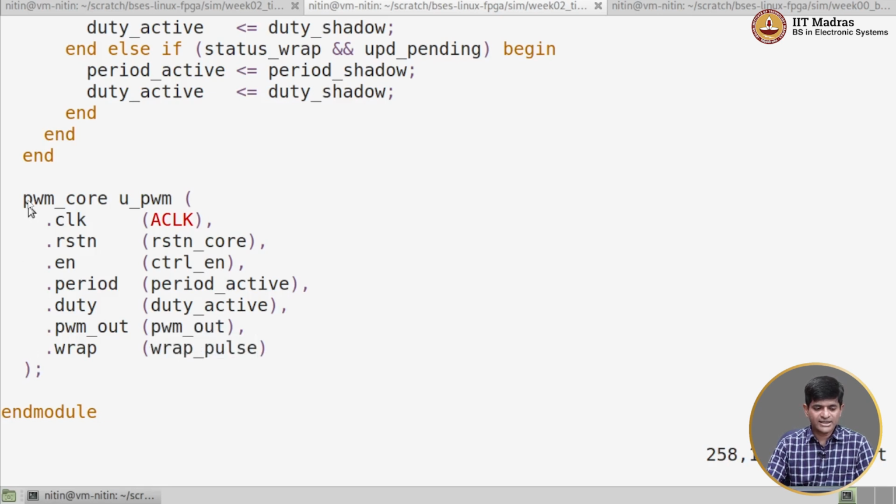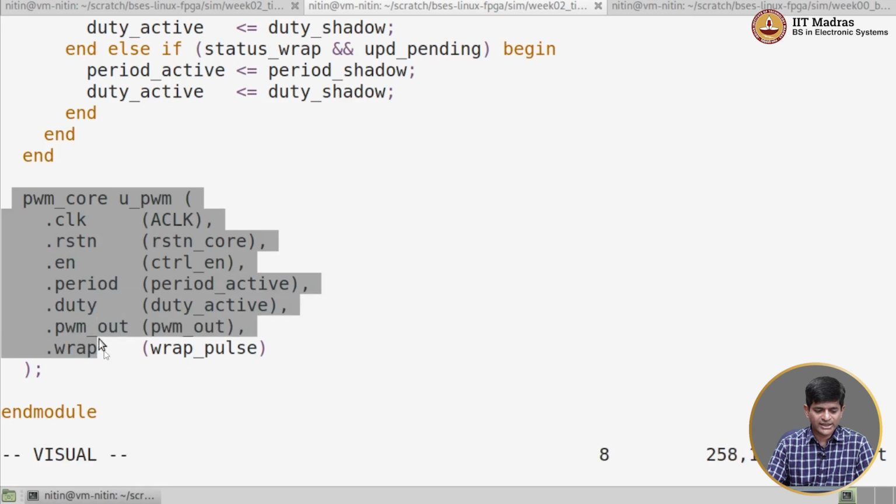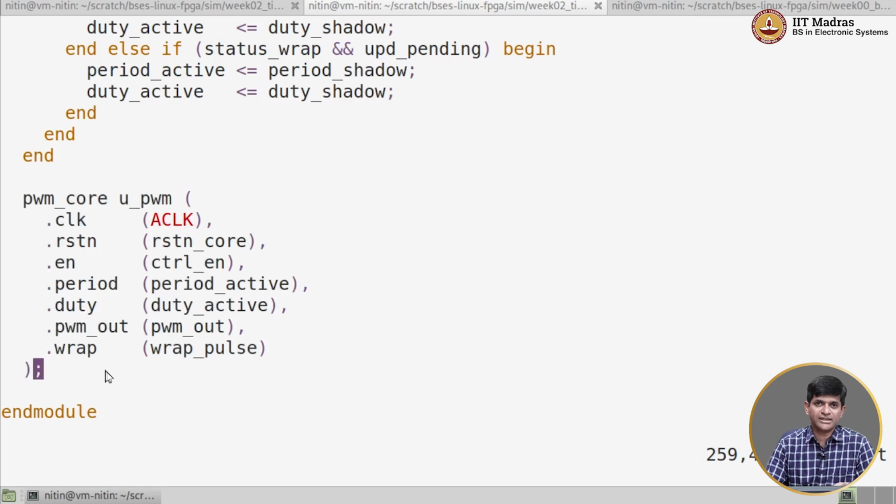So as you can see, I just directly took a module that had been implemented without any knowledge of software, right, no concept of registers or AXI or any other such ideas, and what I have done is I have wrapped it inside something which can give me an AXI Lite interface. Why is that interface useful? Because all kinds of things like setting the period, setting the duty cycle, checking whether the wraparound has occurred, controlling whether the counting is happening, doing a software reset of the core, all of that can now be controlled through